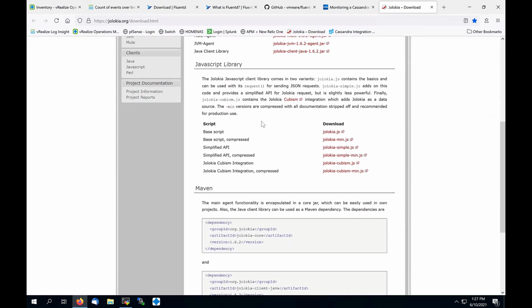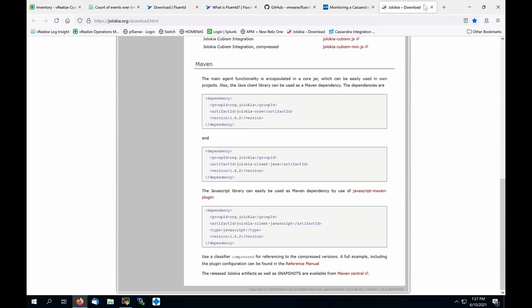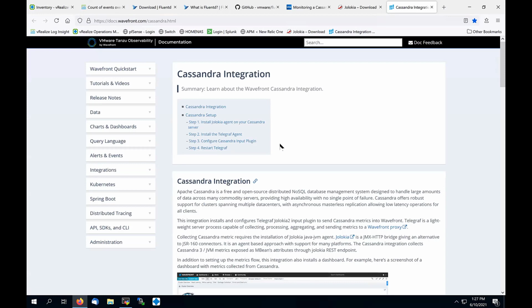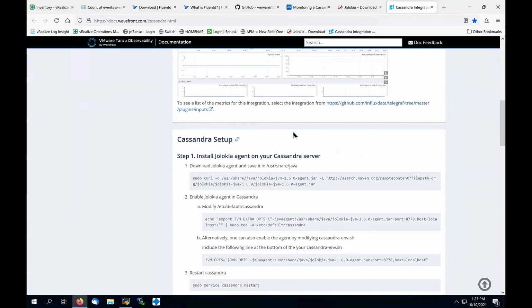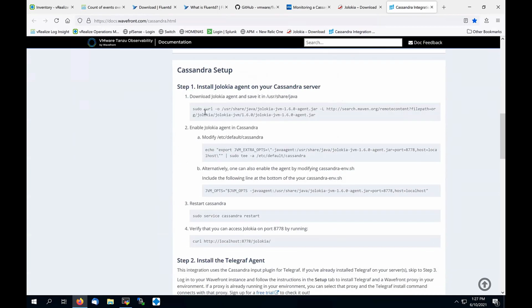So you just have to simply follow the directions to install, I think for Wavefront. Yeah, Wavefront and vROps use the same exact Telegraf agent for the most part. So we have a Cassandra setup for our Wavefront that's already here. All you have to do is curl and grab the jar file and install it in your etc default Cassandra config. And once you install that and restart Cassandra, you can go to